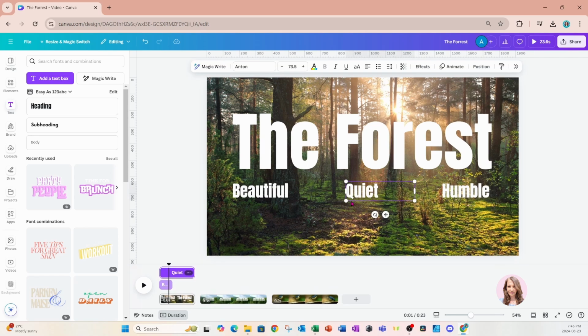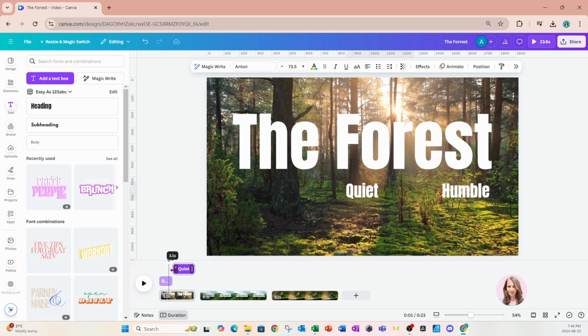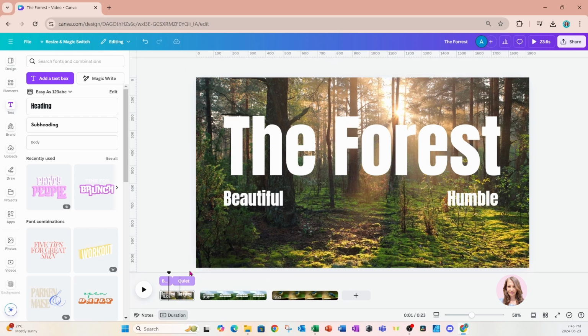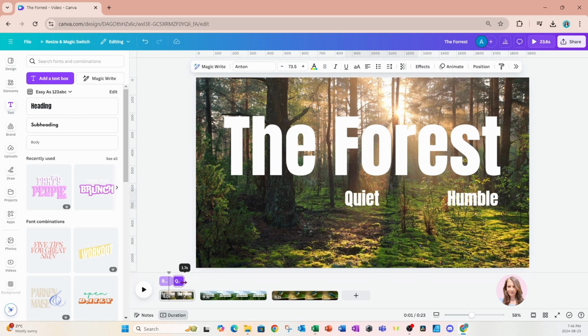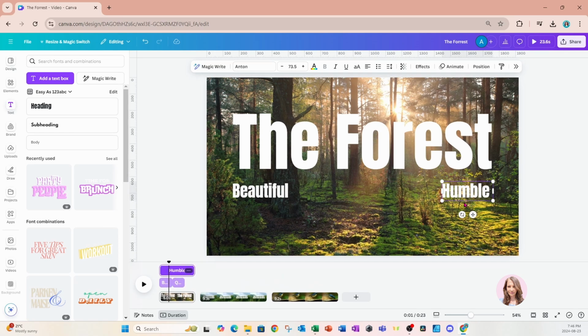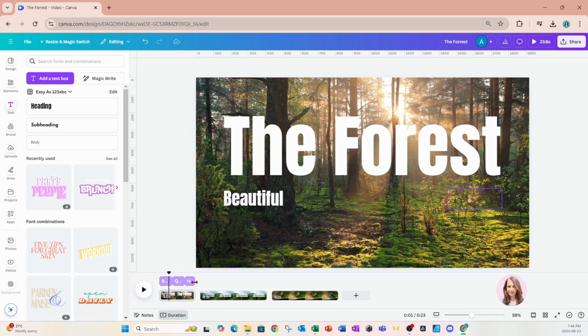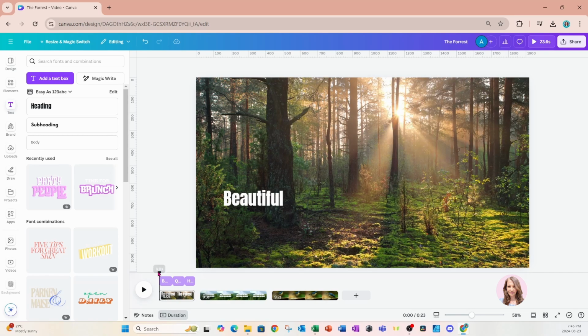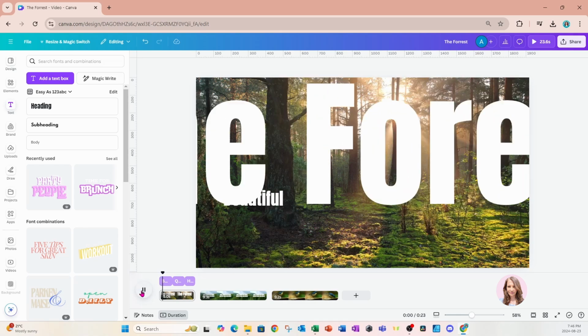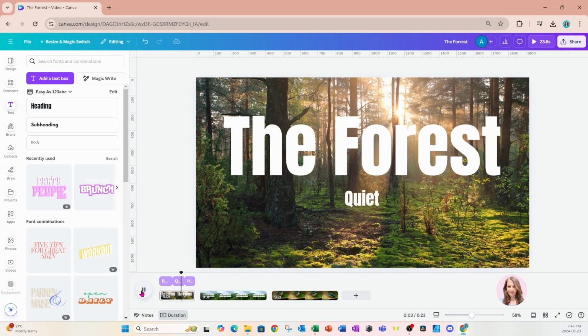I'm now going to select quiet, but I don't want that word to appear until after beautiful. I'm going to crop it. I'm going to select humble, and I'm going to crop it to appear after quiet. Let's go back and let's play that and see what that looks like. All right, so as you can see, when it plays, we get that stomping effect with the forest, and then we get each word